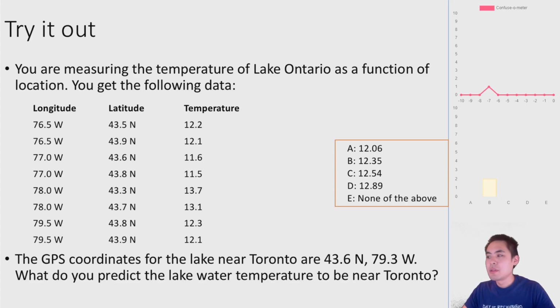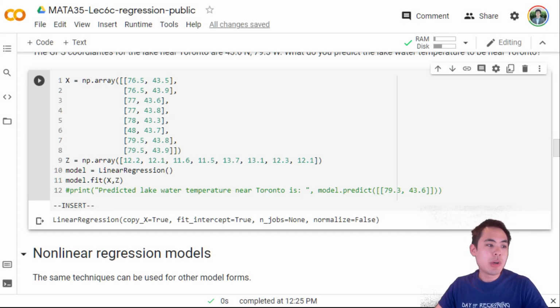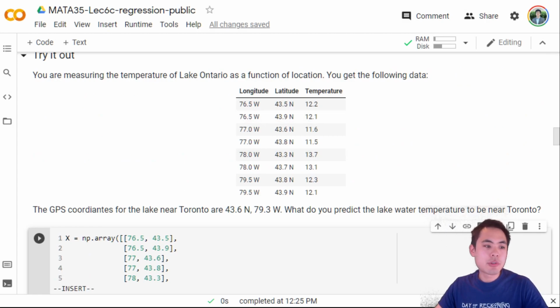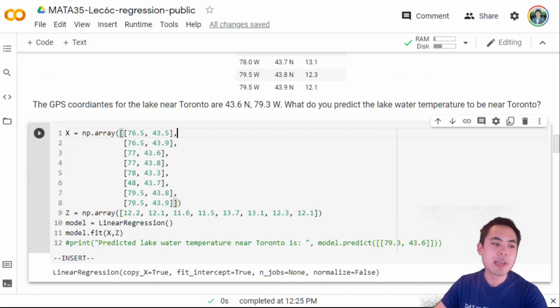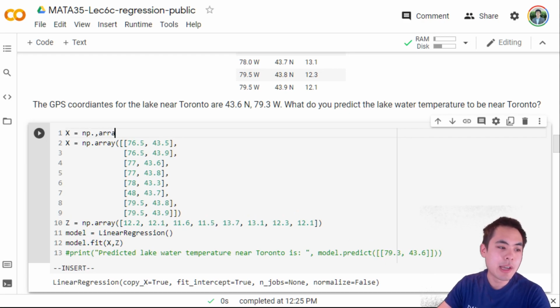Okay, so this was probably in some ways too easy of a problem because I gave you all the code for it. But let's take a look at it and walk through it. We have all these Lake Ontario temperatures, and we're going to predict the temperature of the lake near Toronto. So how do we do that? Well, we have all these different coordinates. You enter in the coordinates in this two-column format. Here I put in a bunch of new lines to make it easier. Note that it would have been the same thing if I had written